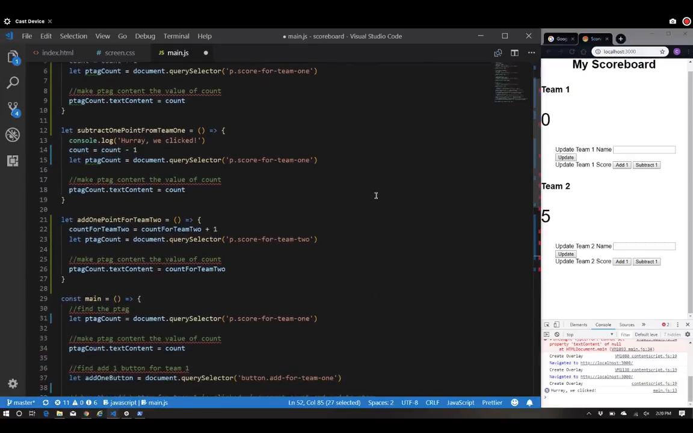It's between lines 12 and 19. That's the function that subtracts from team 1. Let's grab that. Copy it. And let's add it at